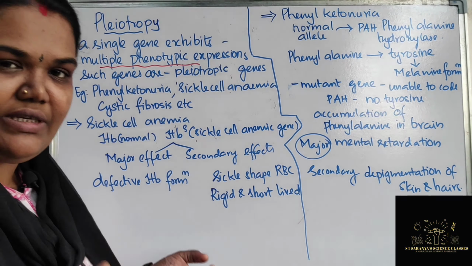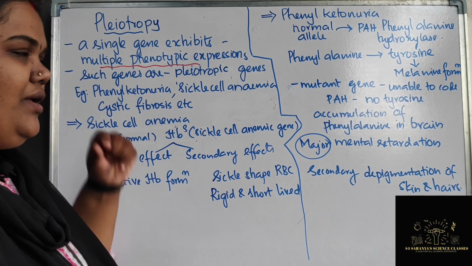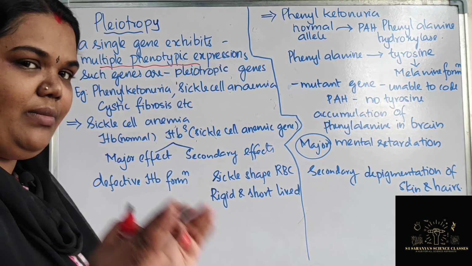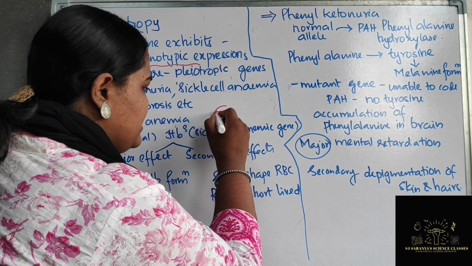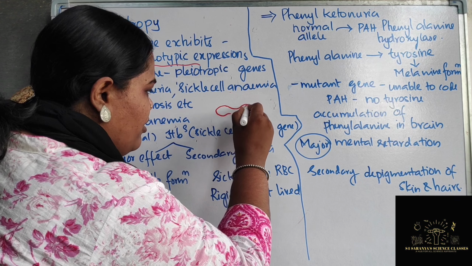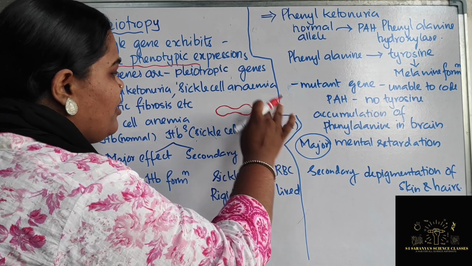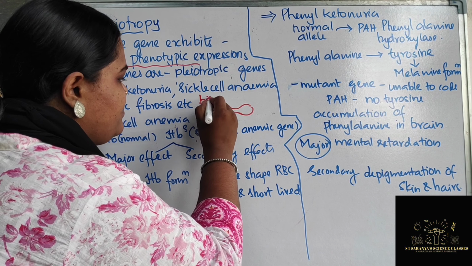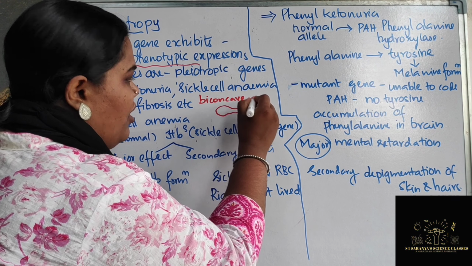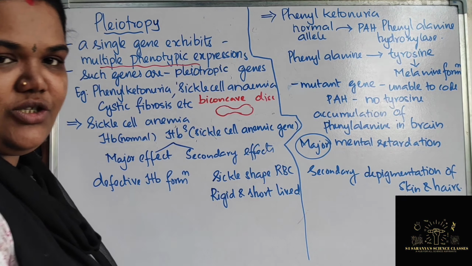From the name itself you will have some idea, right? Sickle cell anemia. What is the normal shape of RBC? The normal shape of RBC is like this, you can see that. Concave or convex, right? What is it? Biconcave disc shaped, right? Not convex actually, biconcave, or we can say disc shaped. This is the structure, right?